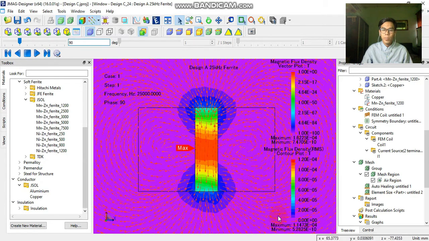For the contour plot, it remains the same. Maximum value 1.1473 times 10 to the power of 4, and the minimum value is 5.2825 times 10 to the power of 10. Okay, when I change to 180,